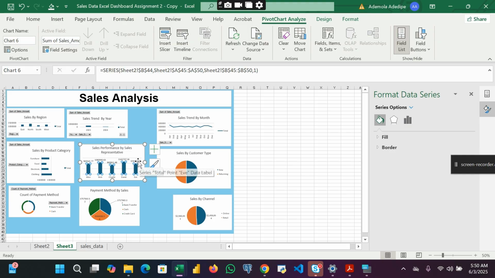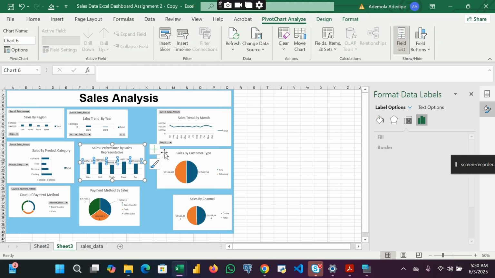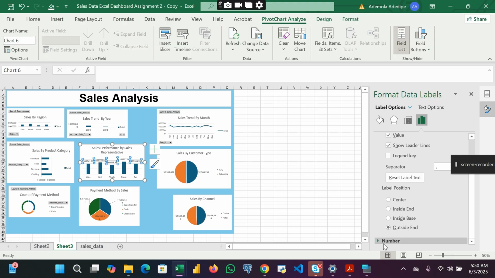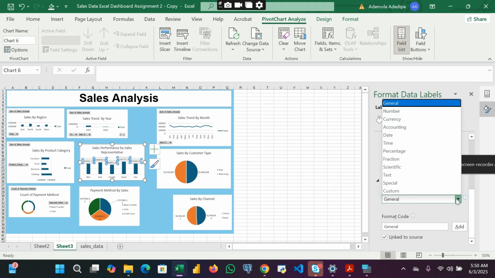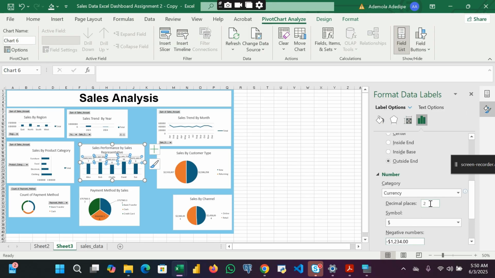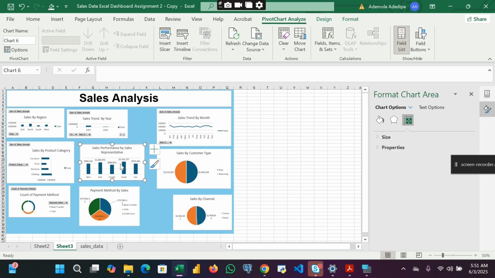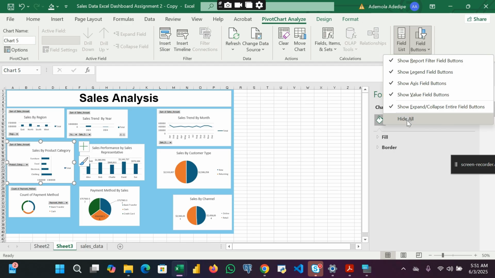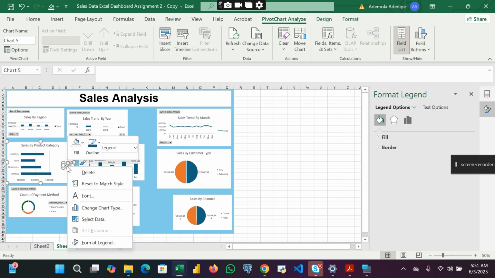You click on your data label. Right click on your data label. You see format data label. Come down here, the number, then currency. You erase it and add 0. Enter. Can you see it's now looking good? So come here, do the same, field button, hide all, delete this, not necessary,